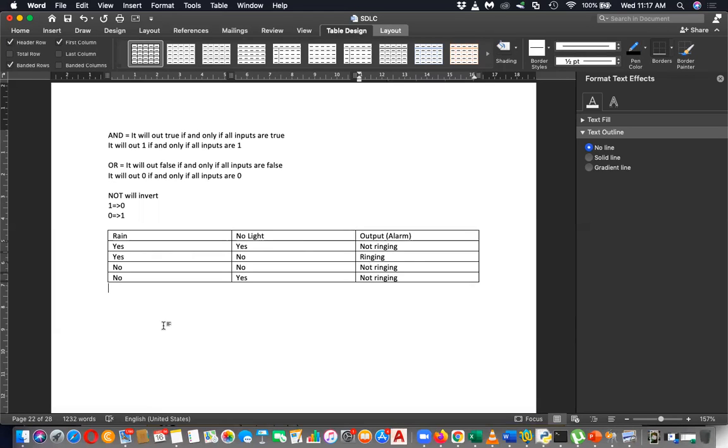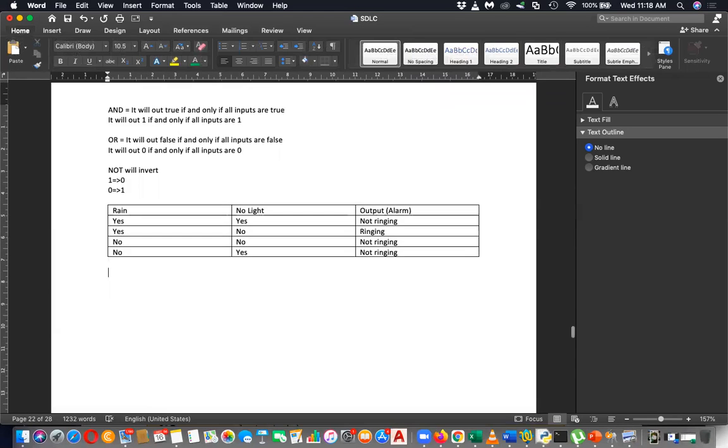Okay, can you draw a truth table? Can you draw a logic circuit for this? So how to draw a logic circuit for this? There are two sensors. Assume that the sensors are given. Sensor 1 will output true